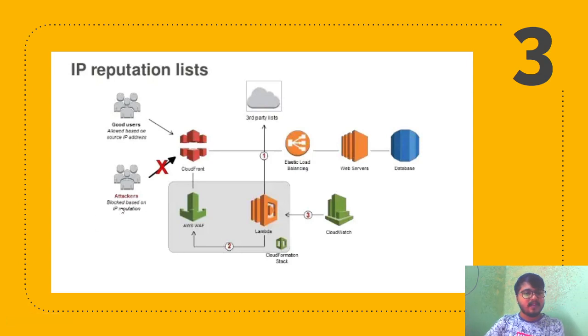So when AWS blocks some IP, how does AWS block? By using the IP sets. If we create some IP sets in AWS, and the IP doesn't match from the location, then if some corrupted IP is coming, it blocks it. After that, after hitting everything, if everything is okay, then it passes to the web servers and the database.